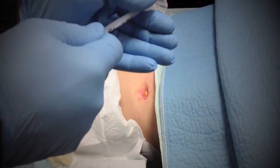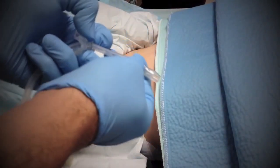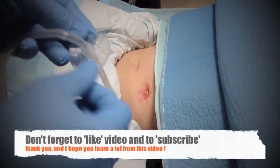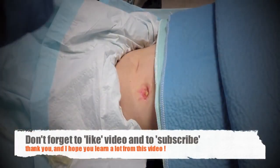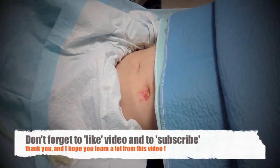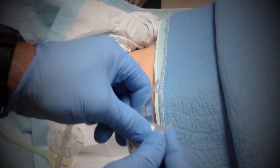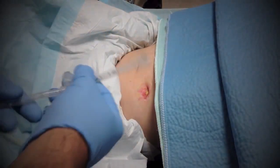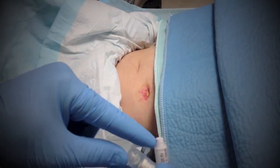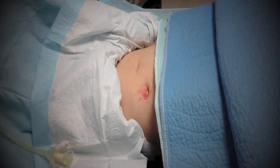Once we inflate this, we pull back like that, and that creates a seal. When it's brand new, it has these little holes on it, and they use this to put sutures through it and hold it to the skin until it's matured enough. I always go ahead and lock this up so you don't get gastric juices coming through the tube while you're doing the procedure. And then this is where we go in to put the saline so that the balloon